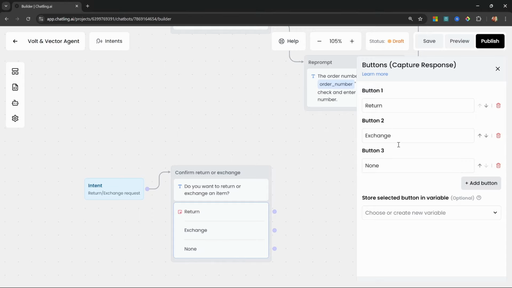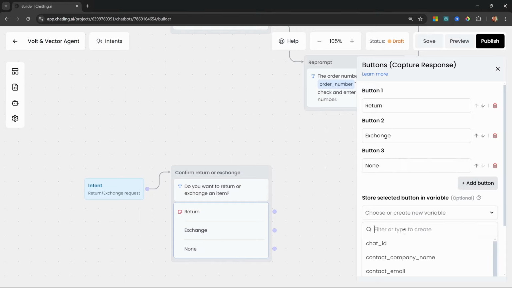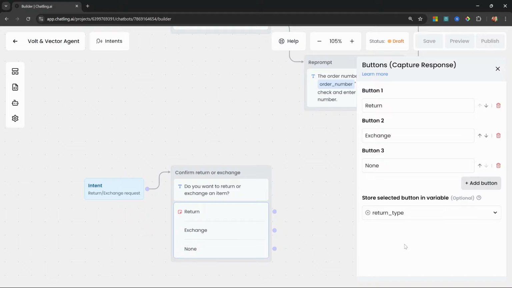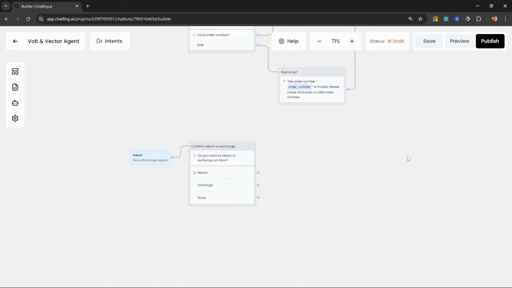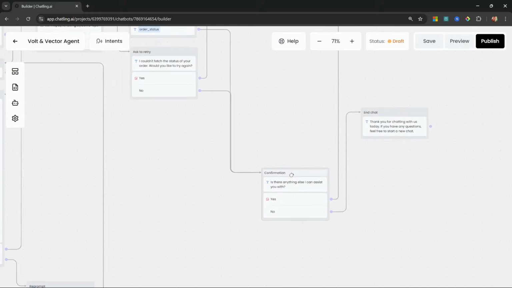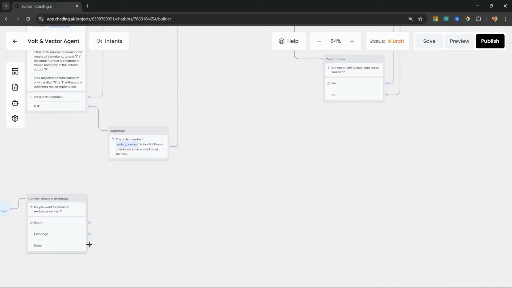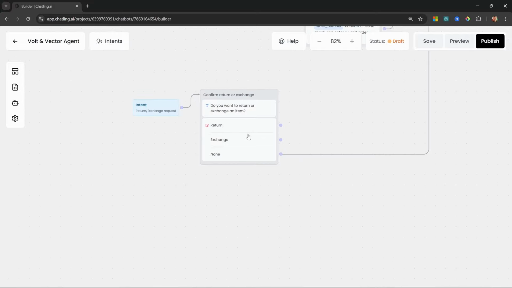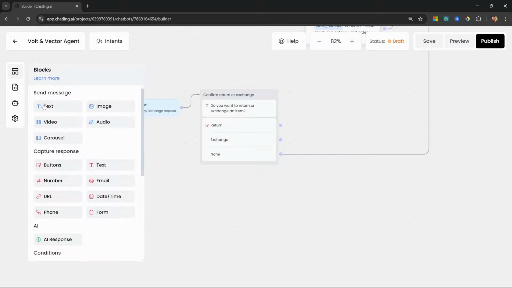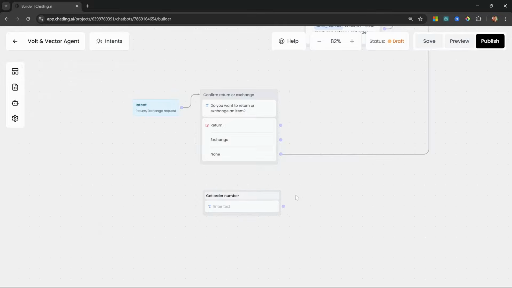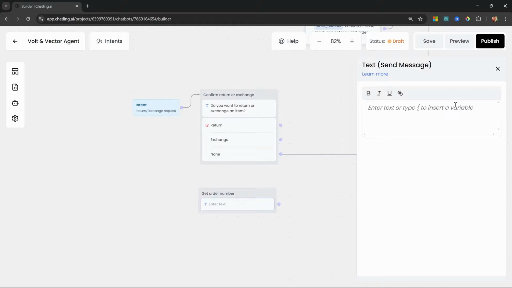Let's also store the user's choice in a new variable called return type, and let's create this variable. Now, if the user selects none, we can actually just redirect them back to this confirmation group. So I'm actually just going to grab none and attach it to the confirmation group. If the user selects return or exchange, we want to collect some information from the user. So let's go to blocks, let's add text, let's rename the group to get order number. And for the initial text, let's enter what's the order number. Let's also go ahead and attach return as well as exchange to the get order